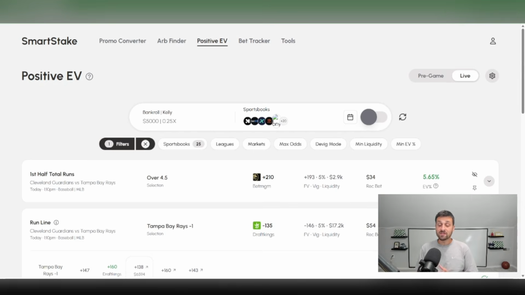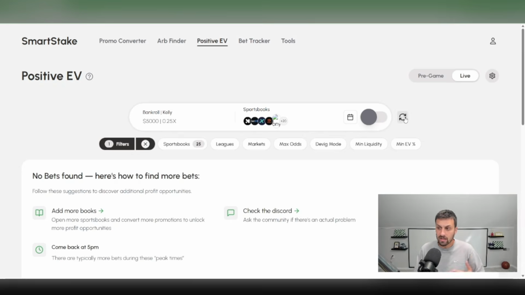I could sit here and look at plus EV bets all day, but that's not going to help you or I out. What I would suggest, if this is intriguing to you, is to log on and check for yourself. Again, Smart Stake is completely free, so there's no harm in getting on the site and clicking through some things, fully testing the product. You don't even have to go out and actually wager anything on these sportsbooks if you're not comfortable yet. Get on here during a live college football Saturday and look around and get comfortable with the market.